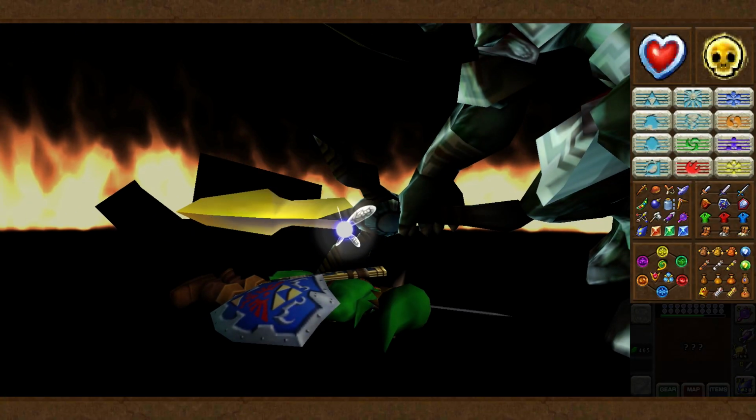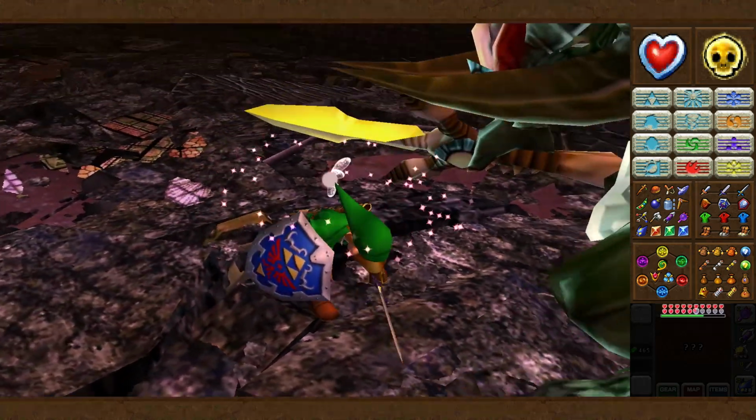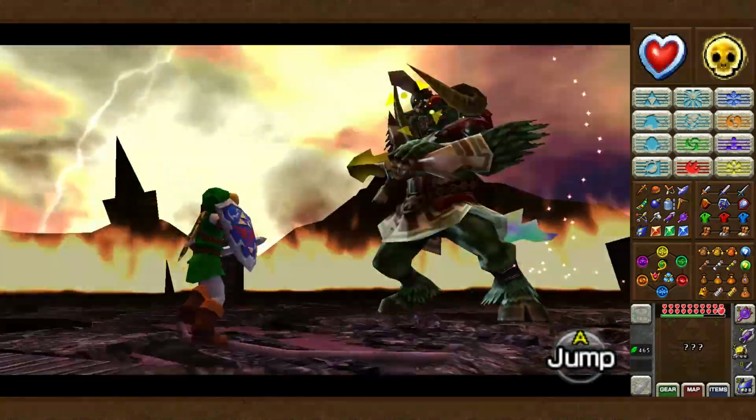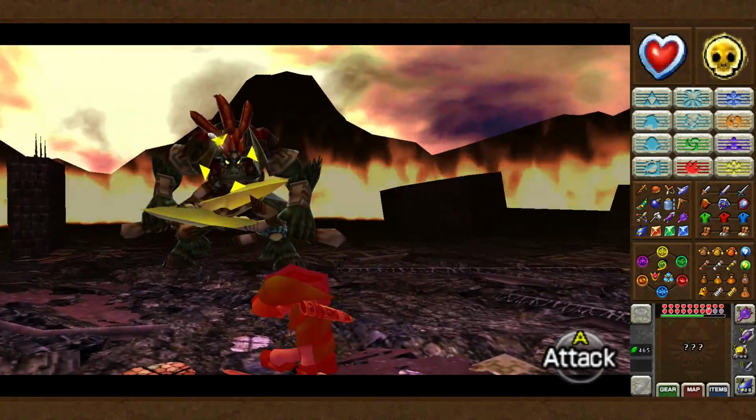Fairy, please? Thank you very much. You can reduce him to essentially 1 health with Biggoron Sword. And I don't know where the point is, so it's not worth doing. But the ending blow, at least, has to be struck with the Master Sword. It is the blade of...